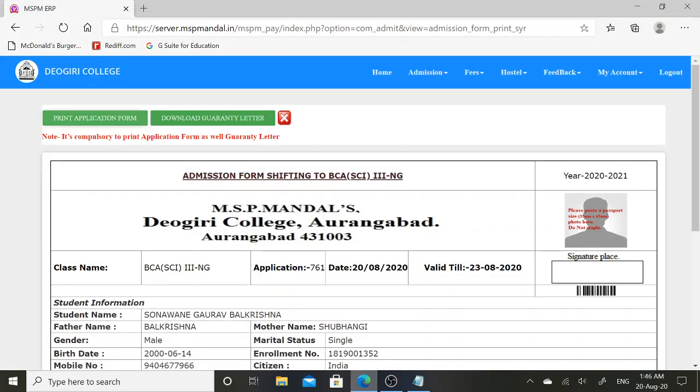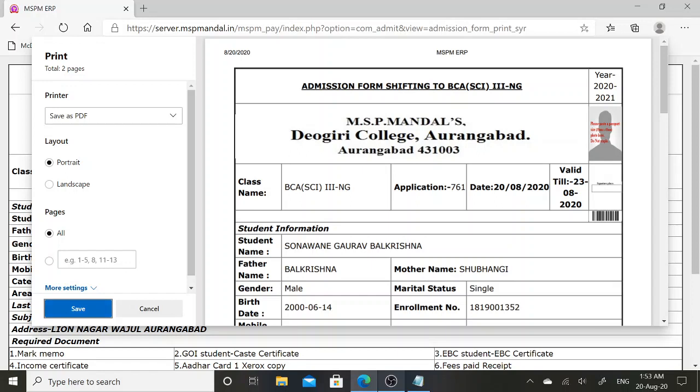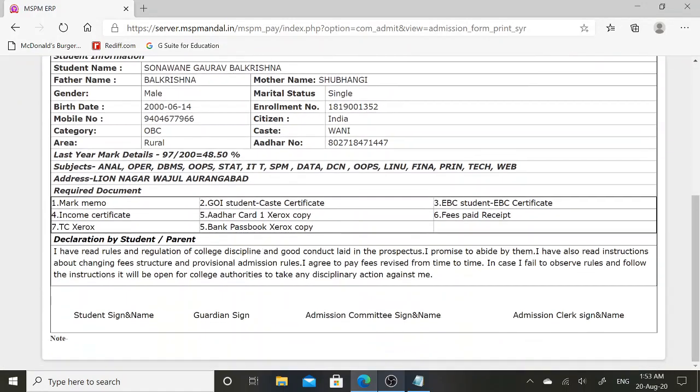Here I can click on print application form. You can click on this save button and save this form for further reference. You also have to download this guarantee letter. In this way you can apply for the next year.